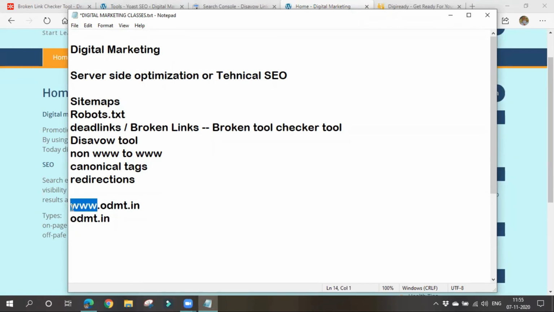But Google treats these two as different websites, even though both will have the same content. Am I correct? Both these URLs contain the same content, as we are navigating to the same website.